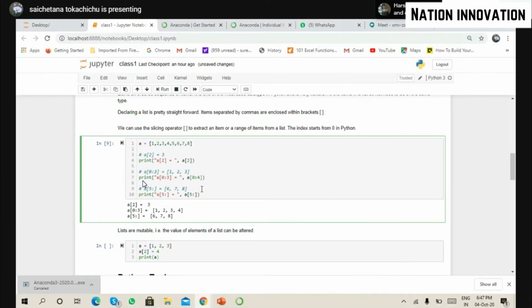So if I put 5, that means I'm talking about positions over here. So let's see, if I'm putting 5, what am I getting? Yes, we are getting 5. But if you see, what is the position of 5? 0, 1, 2, 3, 4, 5. On the fifth position, we have 6 over here. But I'm not getting 6 over here. Why?